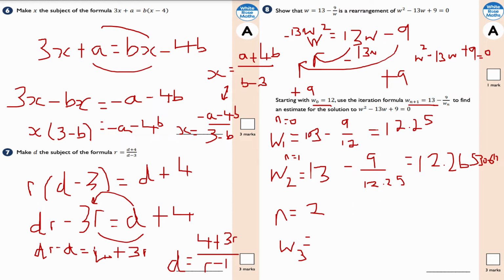So, changing this now, I'm going to have 13 minus 9 over 12.2653, I think it's 122, sorry, it should be a 2, not a 7. 12.26530122. Now I get the answer this time of